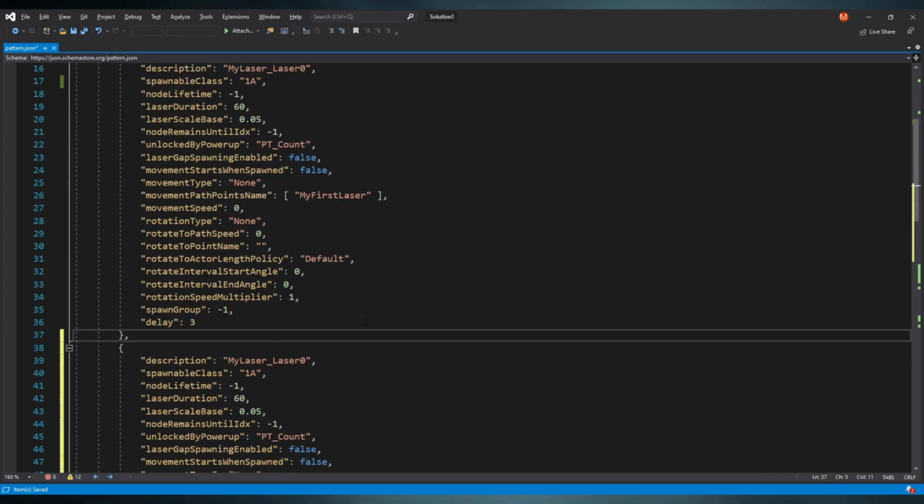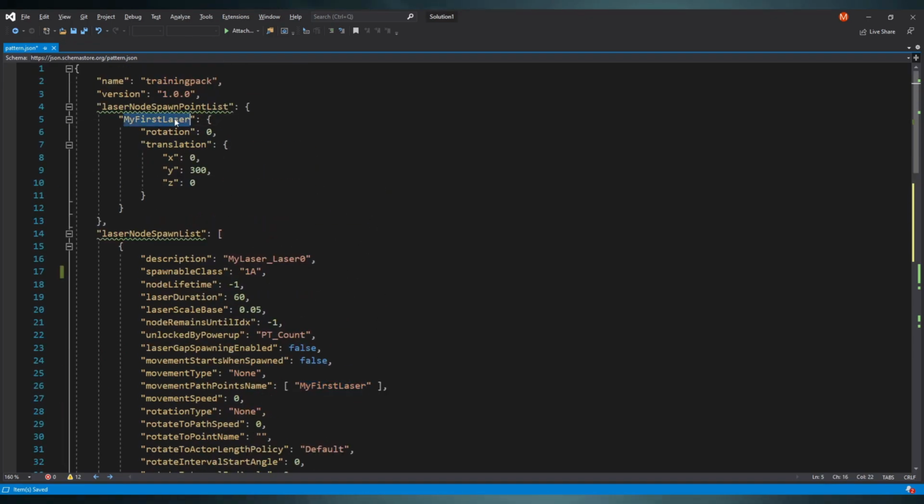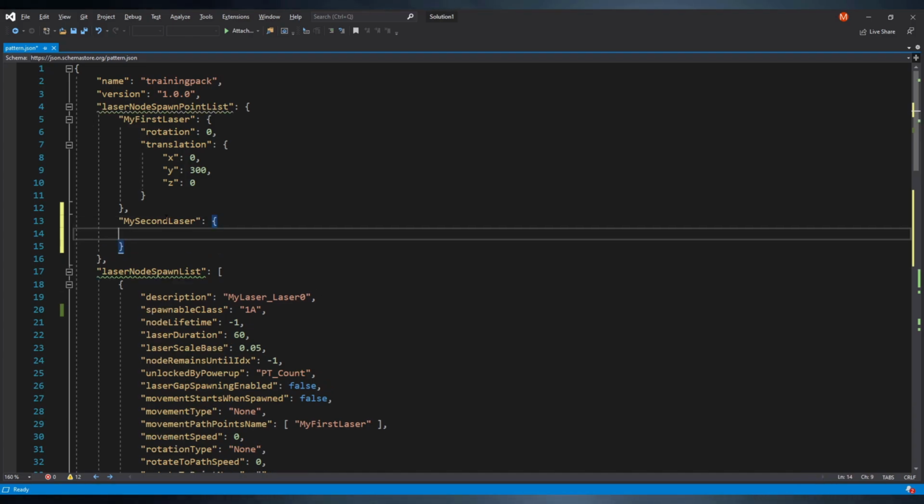To do that, we can change this variable right here. It says my first laser, which is the same name as this. These have to be the same name. That is what's called a transform. A transform is anything that has a translation and rotation, which is exactly this. So we can create a new one by putting a comma, my second laser, open the curly brace, enter,